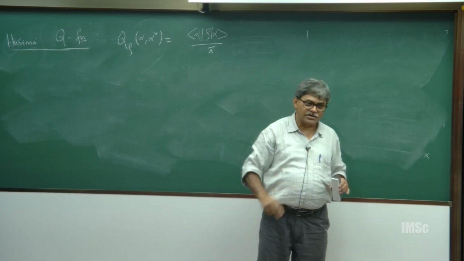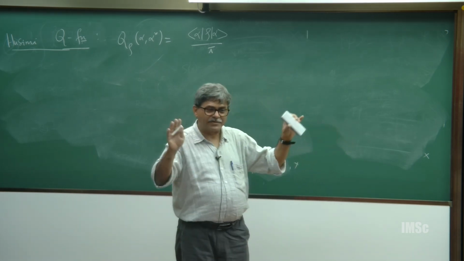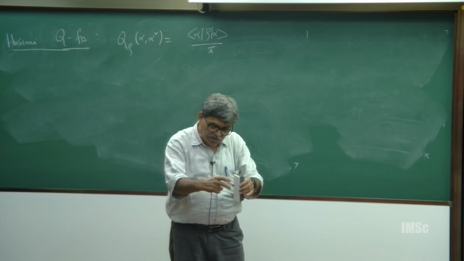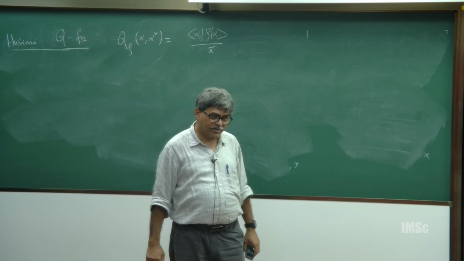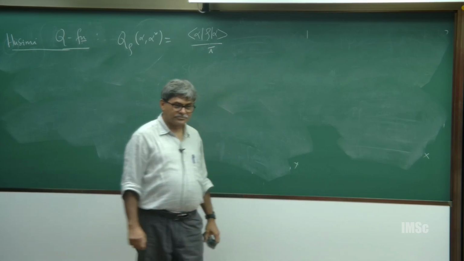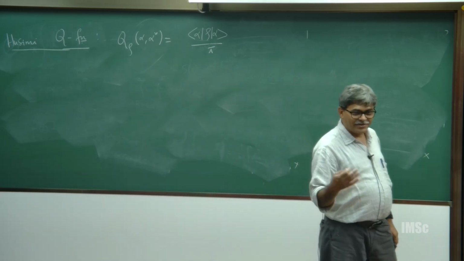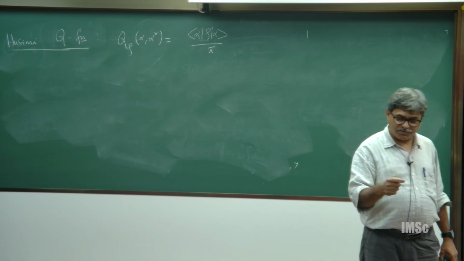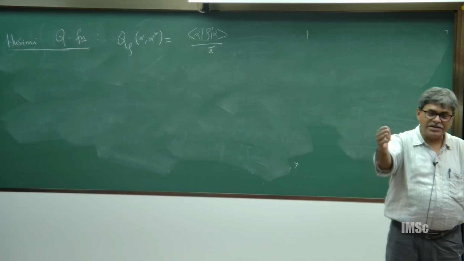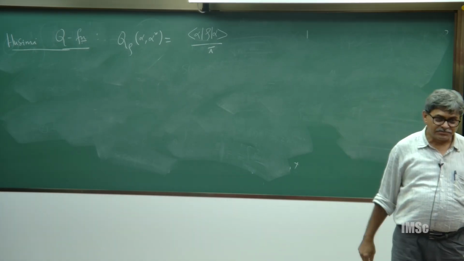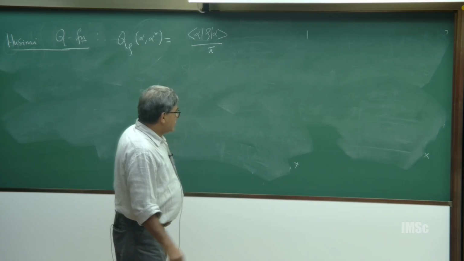Observables are secondary here. You can calculate the average value of an observable, etc., but that is a separate issue. For a measurement setup in quantum theory, the observable is secondary, is it not? Think about it. Unfortunately our textbooks write it in that way, that you fix an observable and all that. Ultimately, it matters in which direction you are measuring.